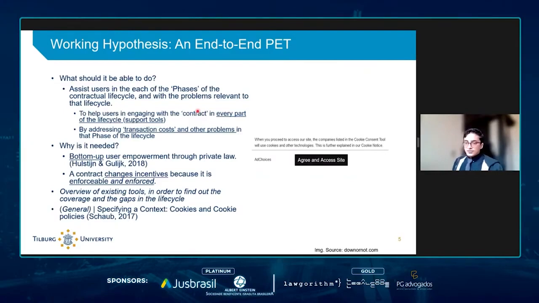But that is the generic level of the analysis, and we instantiate this analysis into a narrower scope, into the scope of cookies and cookie policies and cookie consent managers to make it a little bit more practical. And as Schwab et al. note, privacy policies are often written for the purposes of compliance, but the actual negotiation of defaults, what Mireille Hildebrandt calls the negotiation of defaults in the onlife era, where users actually select which options apply to them, that happens in the context of cookies through cookie consent managers.